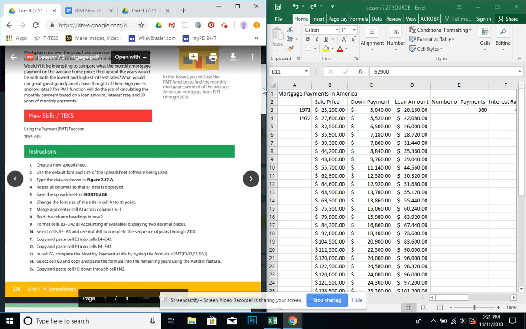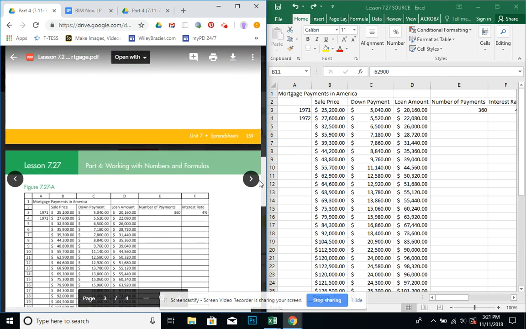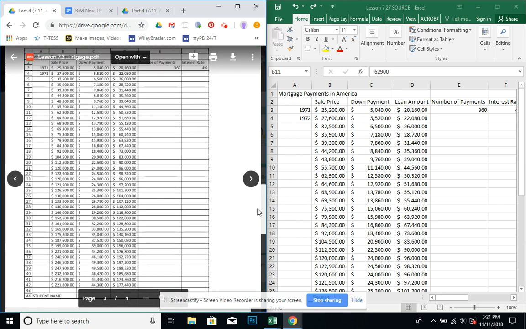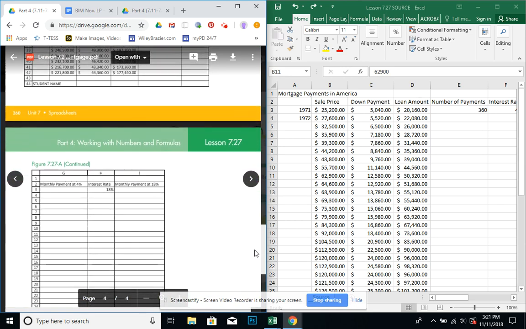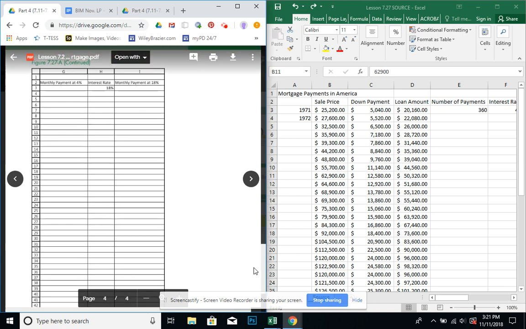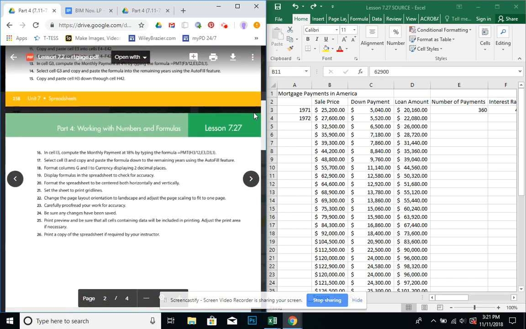So you can scroll down and begin typing all of the information that you see here. Don't forget to continue to scroll down because there's a little bit left on that third page, G, H, and I. So make sure you get those too. And then you can pause your video to get all of your information typed in. Okay, once you get all of your information typed in,